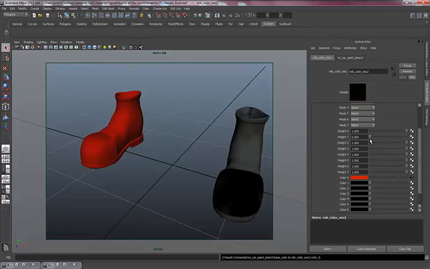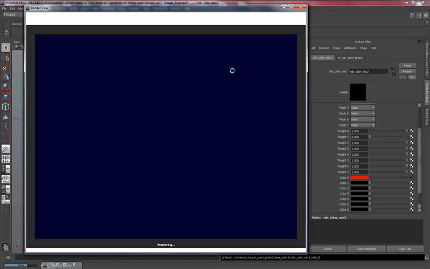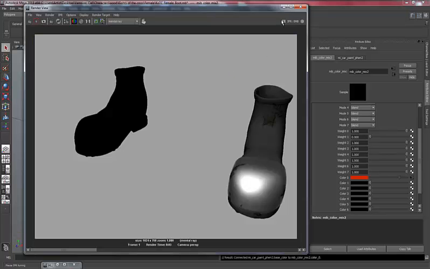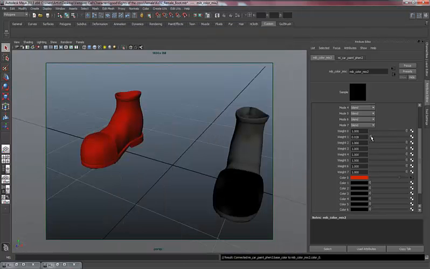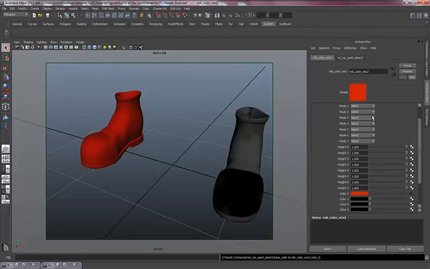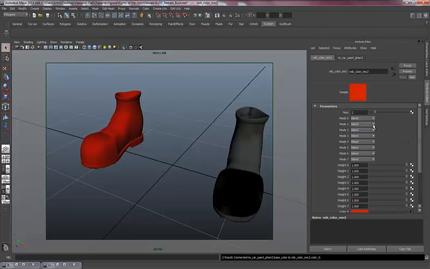If I turn down the weight value for 1, see, it's still showing up because it's automatically set to blend. So if I set it to add,